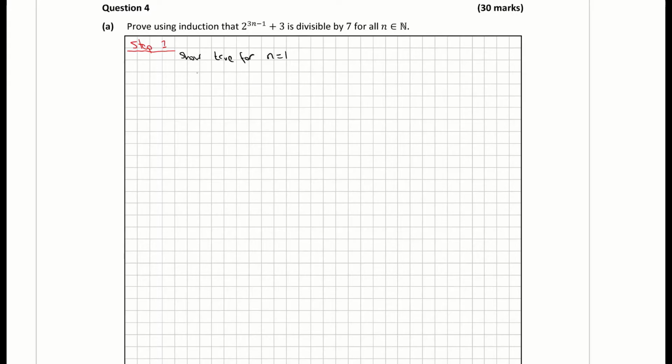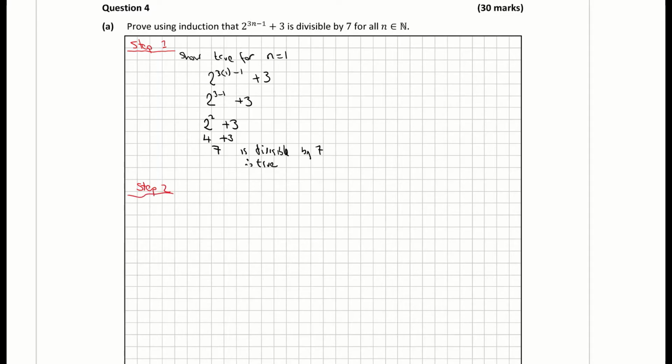So all I'm doing here is I'm subbing in 1 for n. So that's 2 to the power of 3 times 1, subtract 1 plus 3. That's giving me 2 to the power of 3 subtract 1 plus 3, which is 2 to the power of 2 plus 3. 2 to the power of 2 is 4 plus 3, which is giving me 7. And 7 is divisible by 7, so therefore true. So that's our first step done. Step 2,